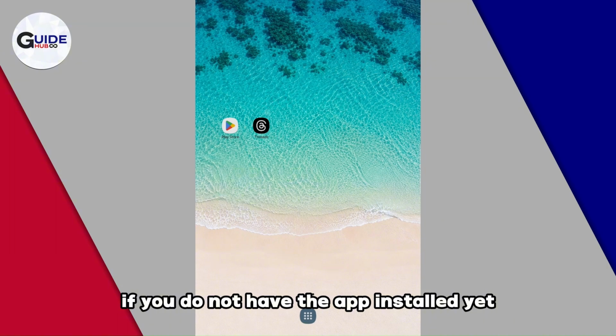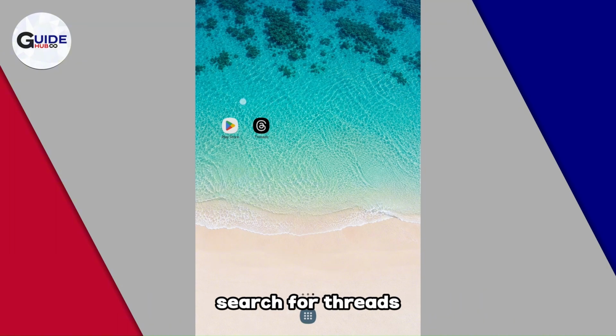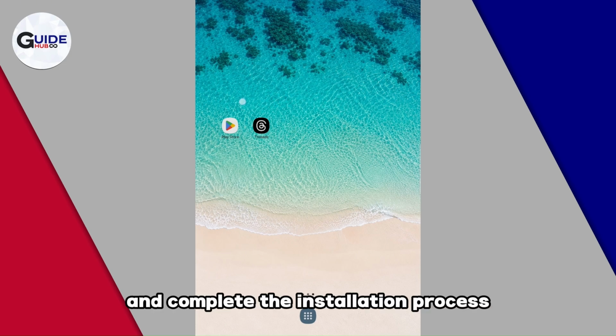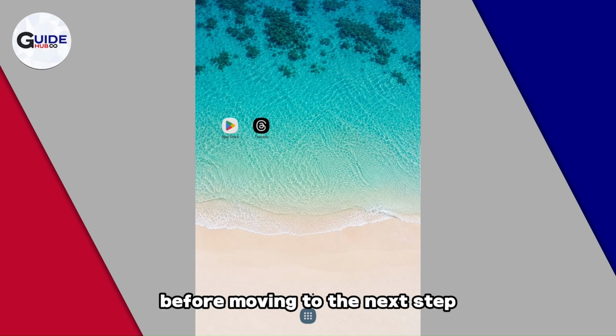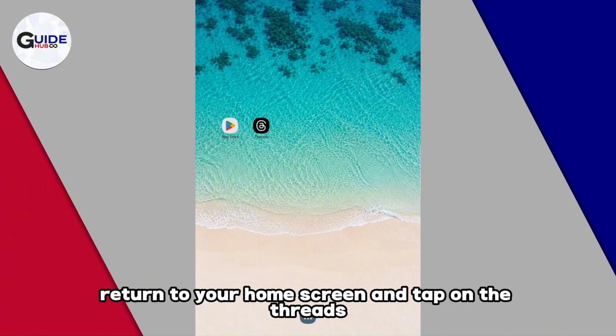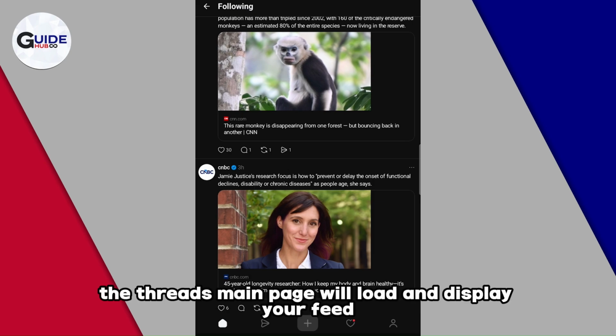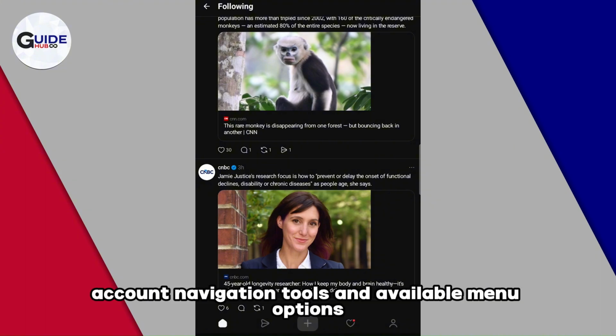If you do not have the app installed yet, open the Play Store or App Store, search for Threads, and complete the installation process before moving to the next step. Once the application is installed successfully, return to your home screen and tap on the Threads app icon to launch the application. After the app opens, the Threads main page will load and display your feed, account navigation tools, and